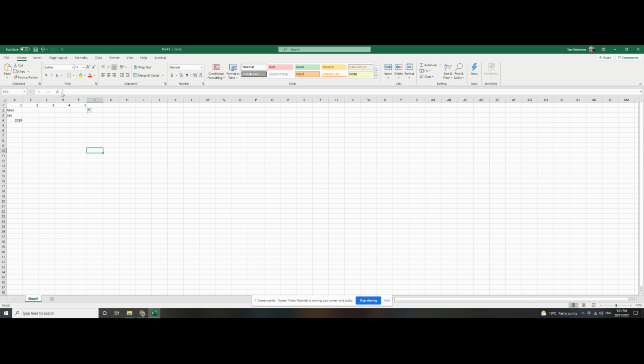autofill handle. The autofill handle is located in the bottom right-hand corner of your cell, identified by the small solid box. Once you have your plus symbol, you can select and drag, or you can double click